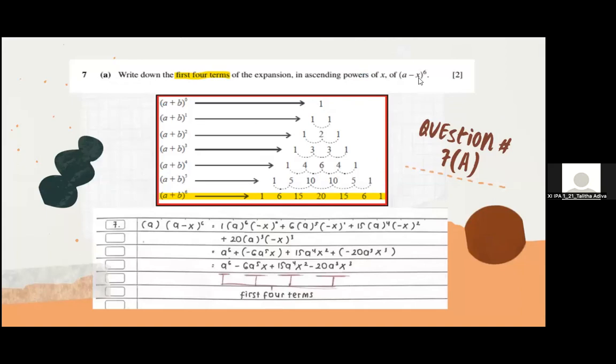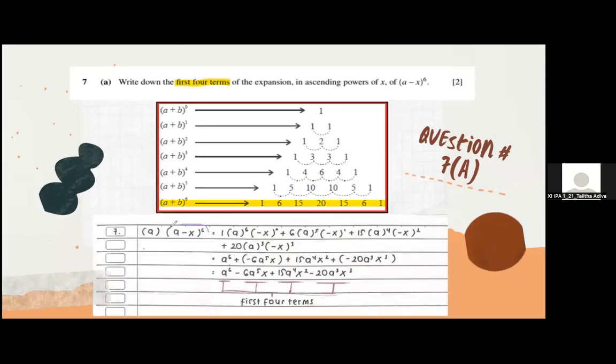Next question for 7a, and this question is about binomial expansion. A: write down the first 4 terms of the expansion, in ascending powers of x, of (a - x)^6. So to solve this problem, we have to expand this term. To do this,